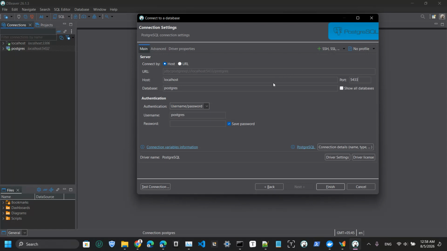Here database Postgres, so all databases, and you may enter